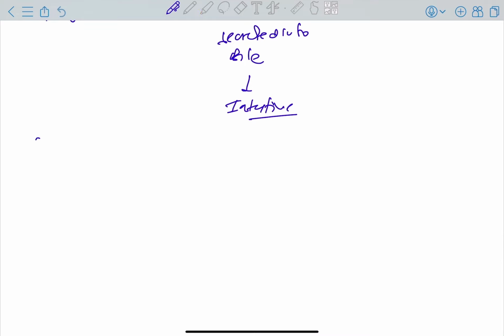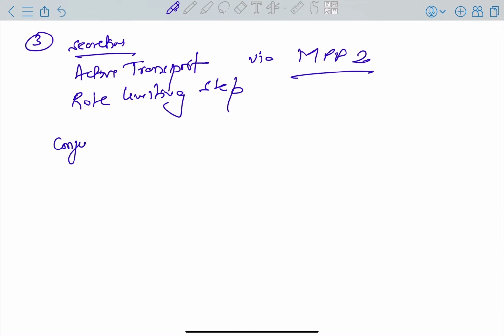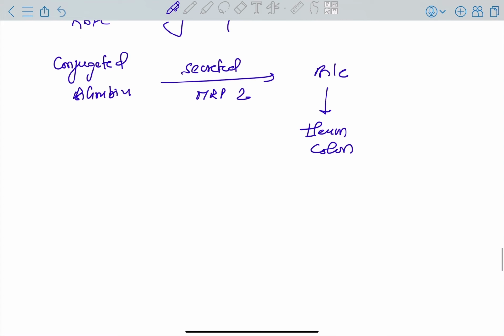The last or the third step is the secretion into the bile. It is an active transport, it is a rate limiting step. यही rate limiting step है, यहीं पे control होता है. Active transport via multi-drug resistant protein 2, MRP2. होता क्या है basically कि the conjugated bilirubin is actively secreted via the MRP2 into the bile. Now ये bile से तुम्हारा ileum and colon में जाएगा, into the intestine में जाएगा,